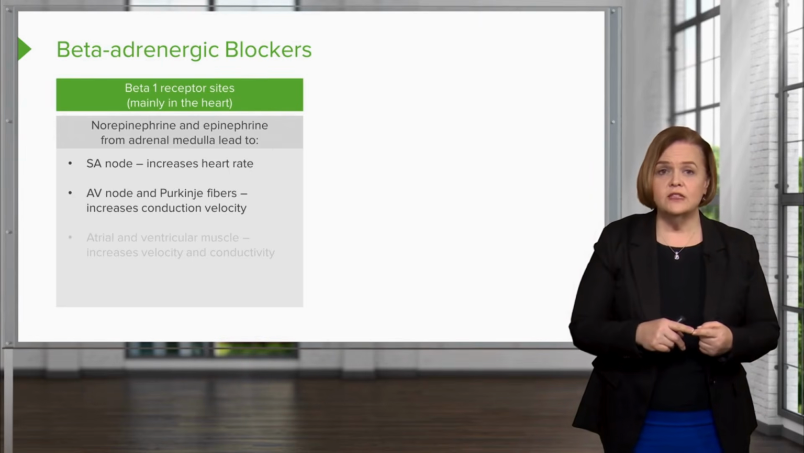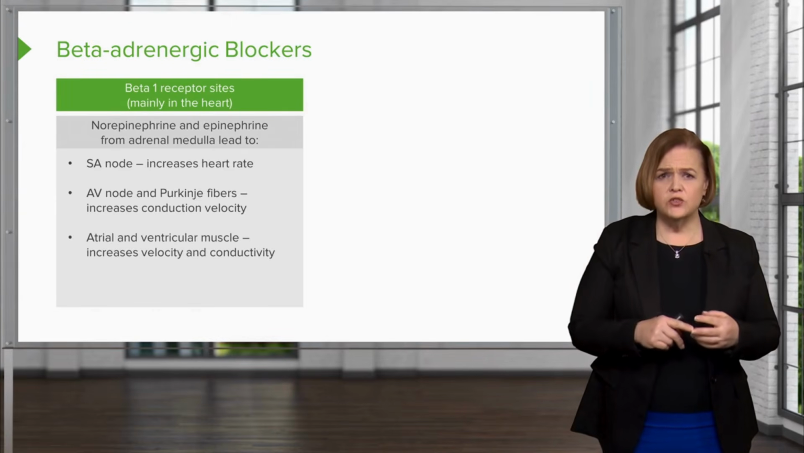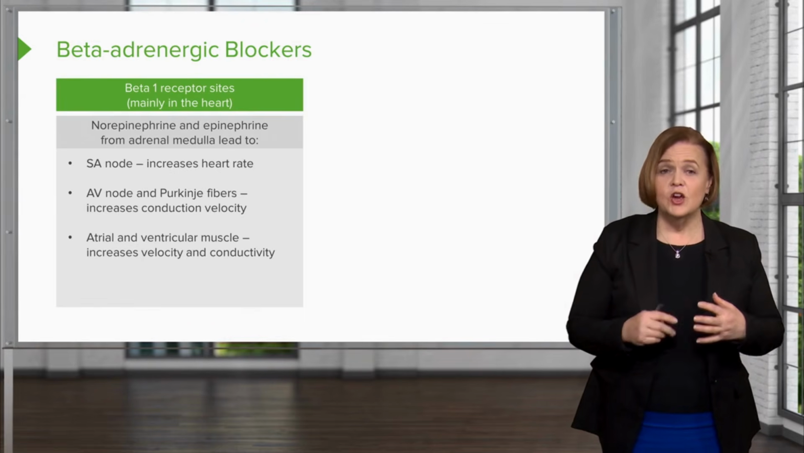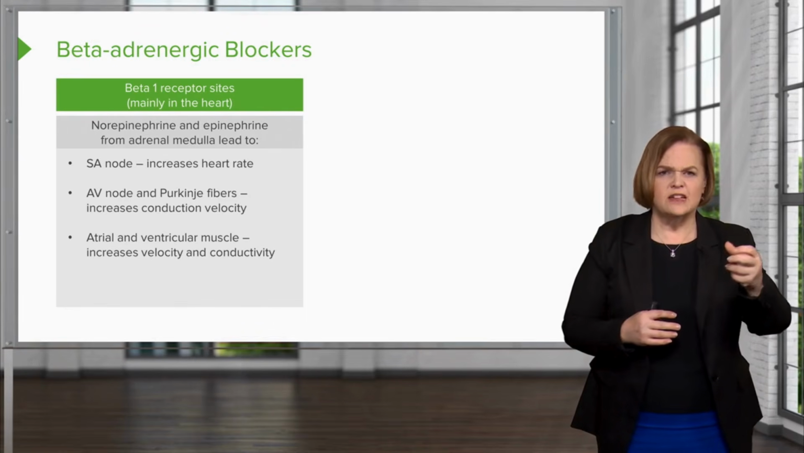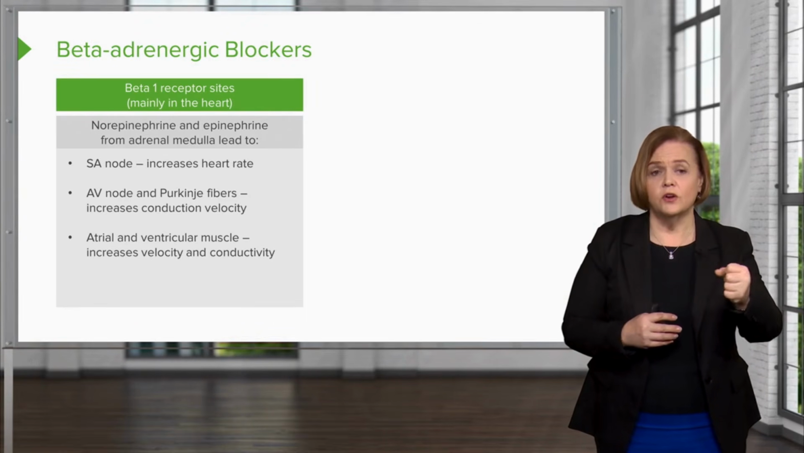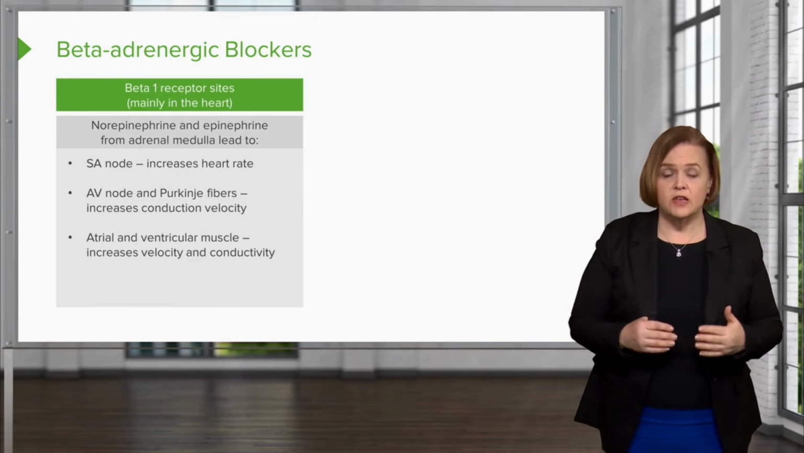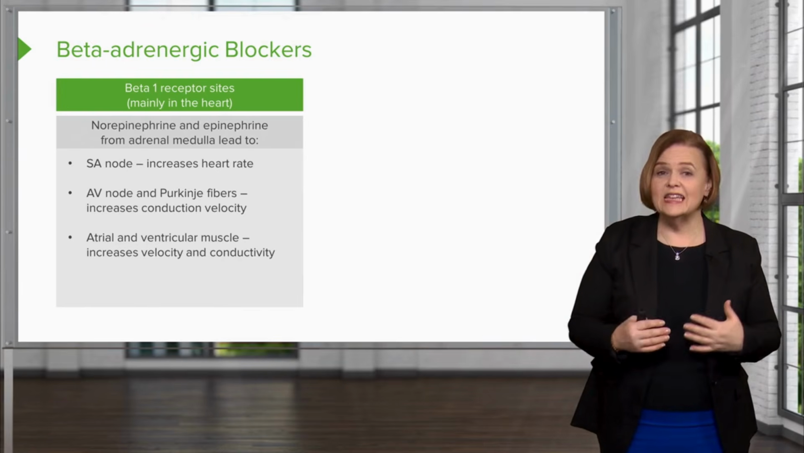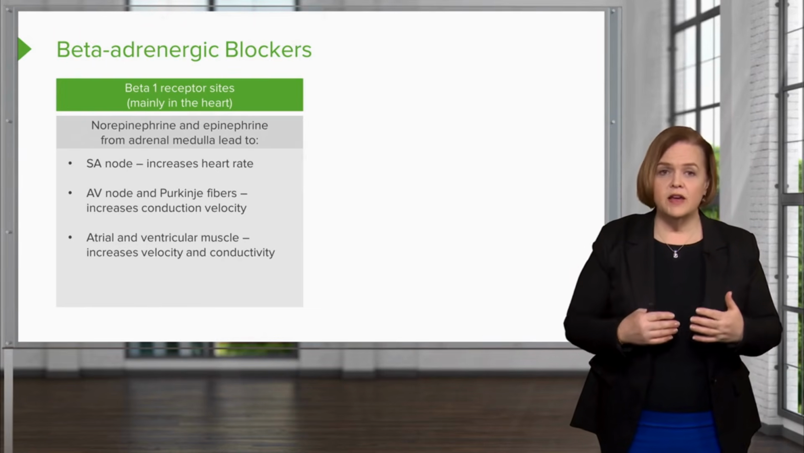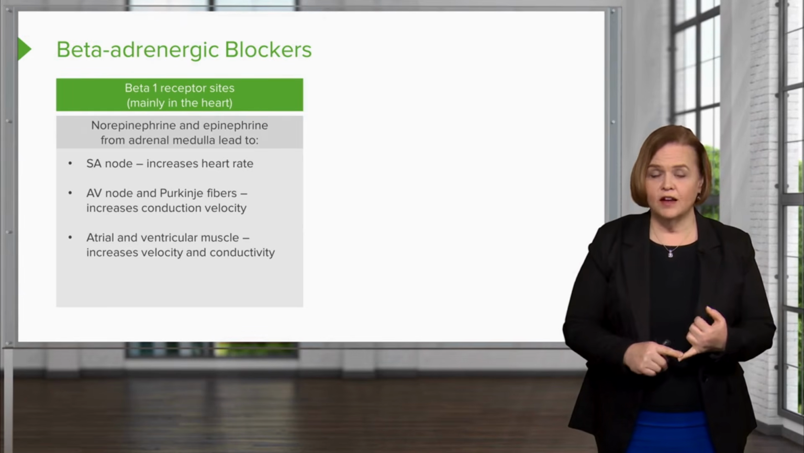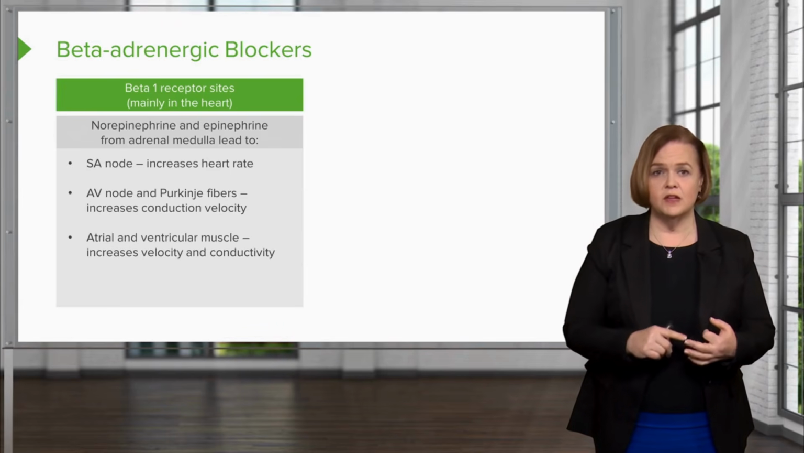So your heart rate is faster, and the atrial and the ventricular muscles increase in velocity and conductivity. Well, those are a lot of words. All that means is your heart is going to beat faster and much stronger and harder, which is a good thing, because if my sympathetic nervous system has been stimulated, I'm likely in danger. There's a reason my body is perceiving that I'm going to need to run really fast. So I'm going to need oxygen, I'm going to need that heart pumping fast, and I'm going to need lungs